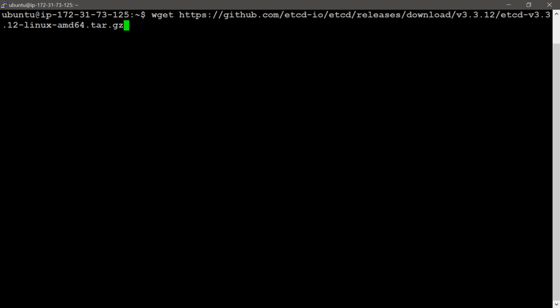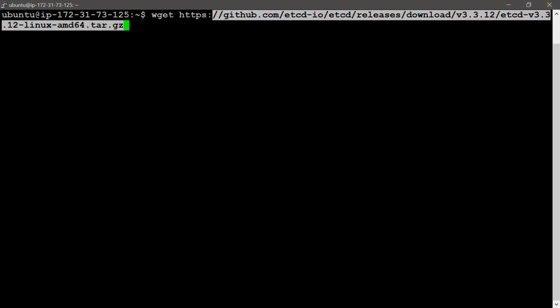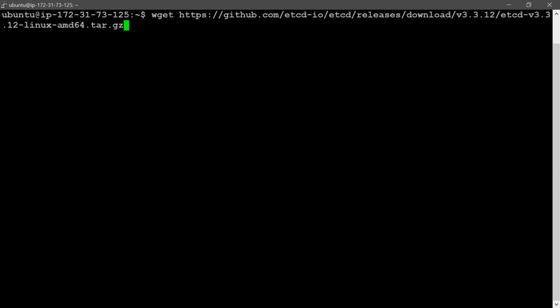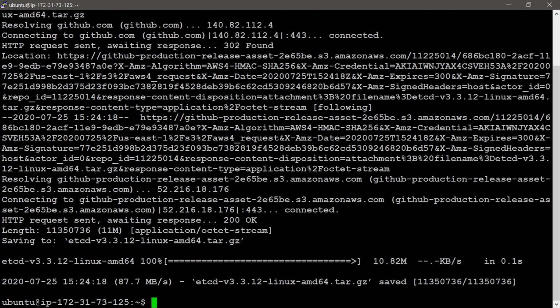It is available in archived format. The minimum recommended version of etcd to run in production is 3.2.12. Now I am executing this command.